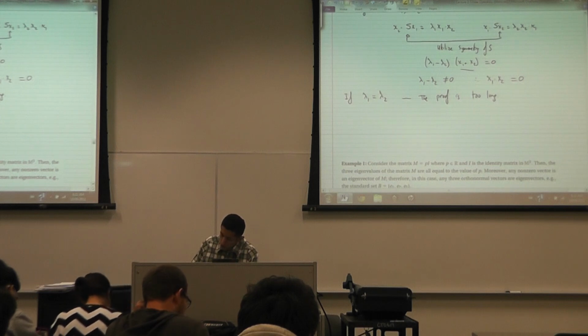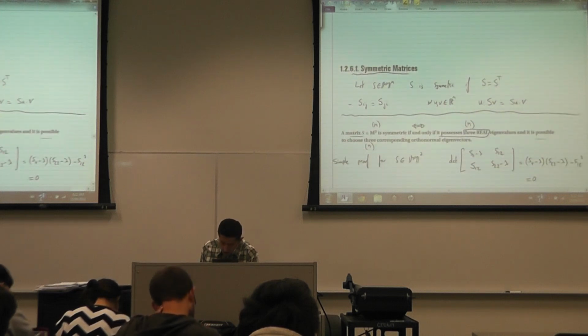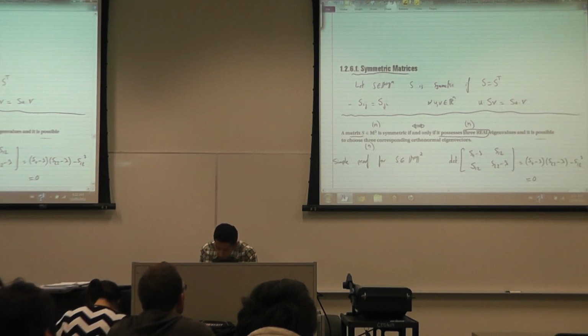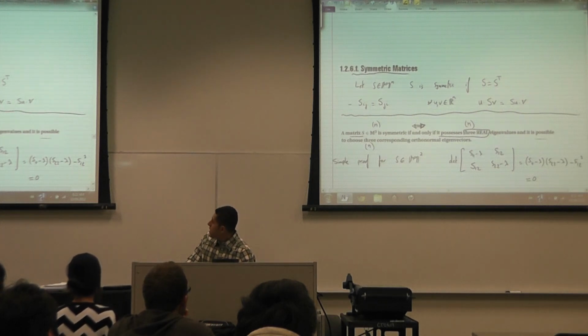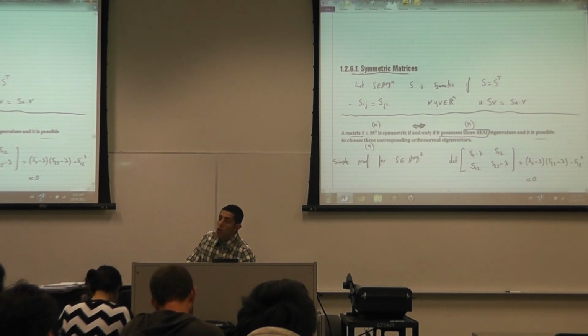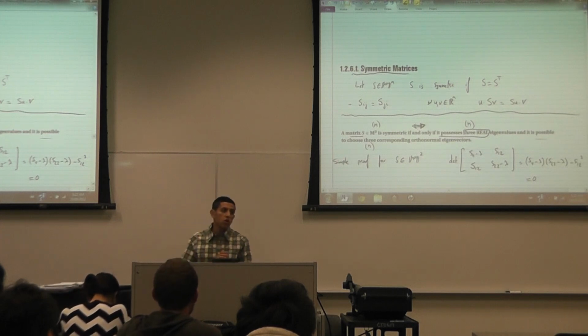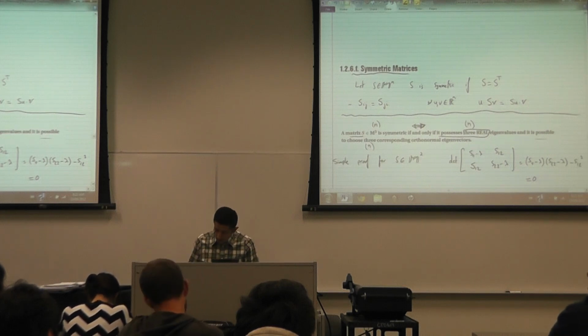So what we have shown so far is that if S is symmetric, then it possesses 3 real eigenvalues, and it's possible to choose 3 corresponding orthonormal eigenvectors. So I've proved this direction. What if I have a matrix that has 3 real eigenvalues and 3 corresponding orthonormal eigenvectors? Is this matrix symmetric or not? If I have a matrix, I don't tell you anything about it except that it has 3 real eigenvalues and 3 corresponding eigenvectors perpendicular to each other. Is it symmetric or not? Yes, it is. And to prove this,